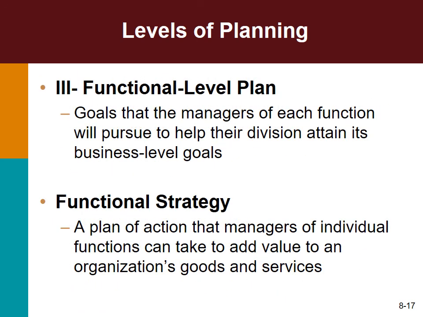The last level is the functional level plan. We have a plan at the functional level. This determines the goals that managers of each function, the production function, the marketing function, the human resource function, the financial function, set for each function, what each department will pursue. This helps the division to attain the business level goals. I mean, as we see, guys, each level helps the level before it, okay, to achieve the goals. So we have functional strategy. This is a plan of action that the managers of the organization's functions can take to add value to the organization's goods and services. Okay, this is all that